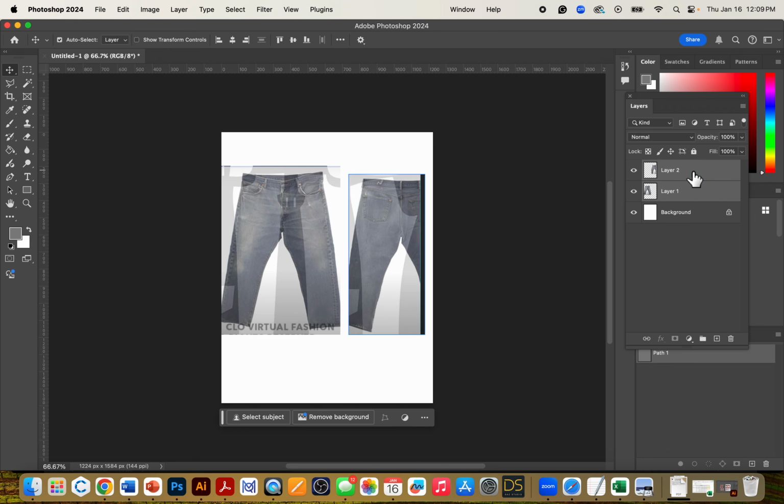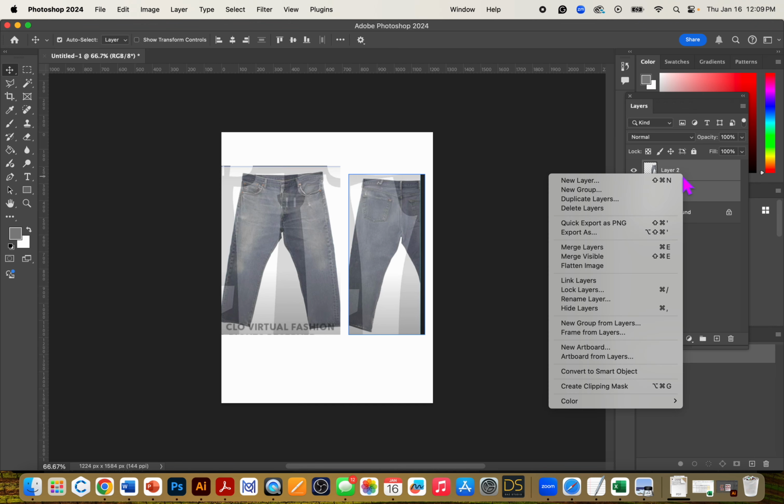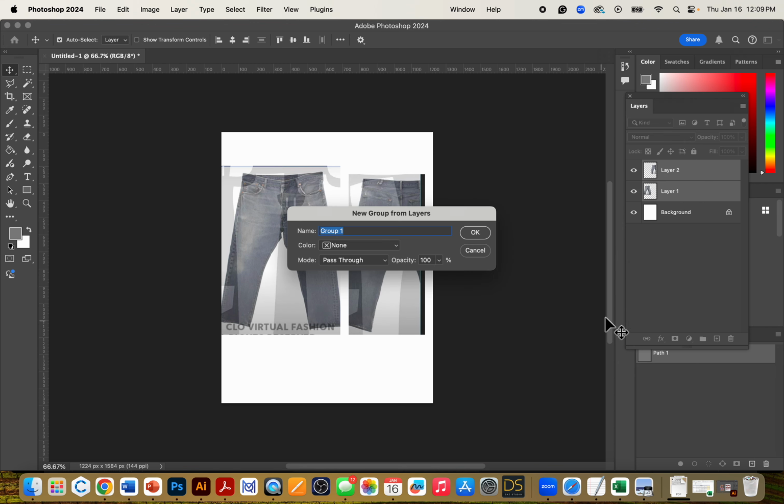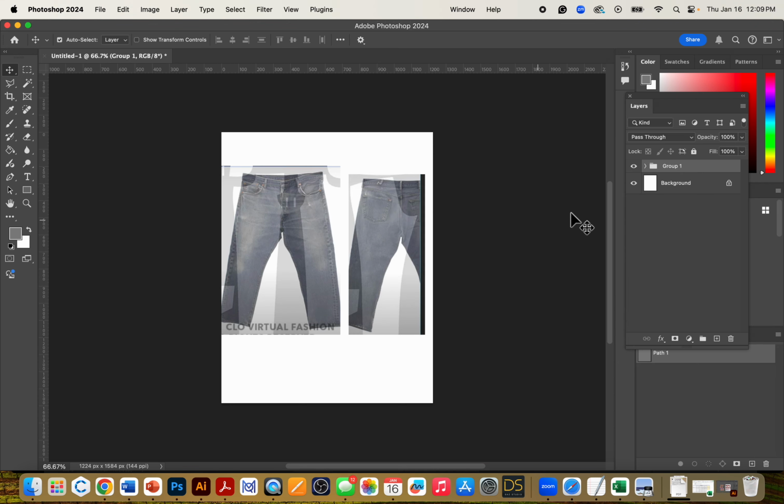I'm gonna hold shift so they're both selected, and then I right click, and I notice that it has a group, so it groups them in the video. Group 1's fine. So you can click this little arrow and see what's in the group, but it also linked